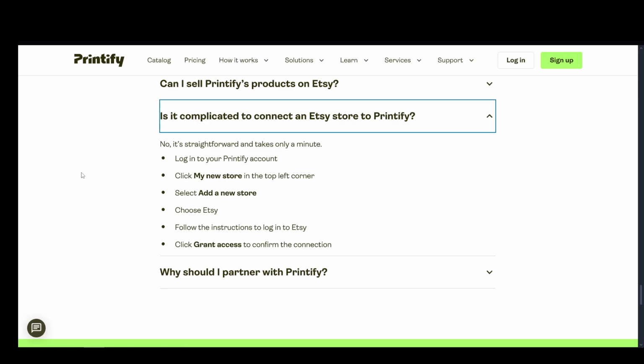Printify will enable you to sell print-on-demand items such as shirts, hoodies, any other clothing items on Etsy, on your Etsy store, with your own, of course, personally chosen price that you set yourself, and any other details which you might want to iron out on Etsy's side. But other than that, that is